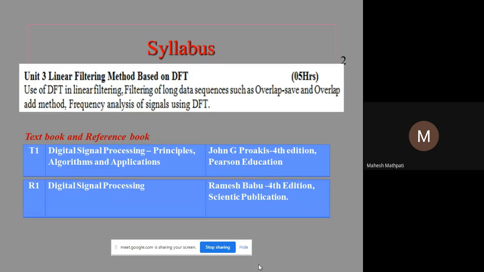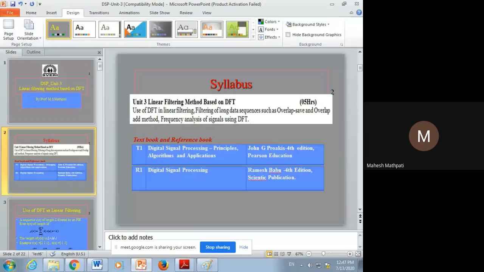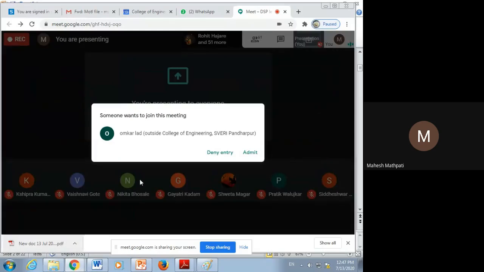So for that purpose, what we are doing is making that long duration sequence into smaller blocks of length like 5, 6 as per the requirement, and we are processing those blocks one by one. At the other side we are just adding those blocks and getting the result. This is the process we are following in filtering of long data sequences, and there are basically two types: overlap save and overlap add method. So if you look into the part,